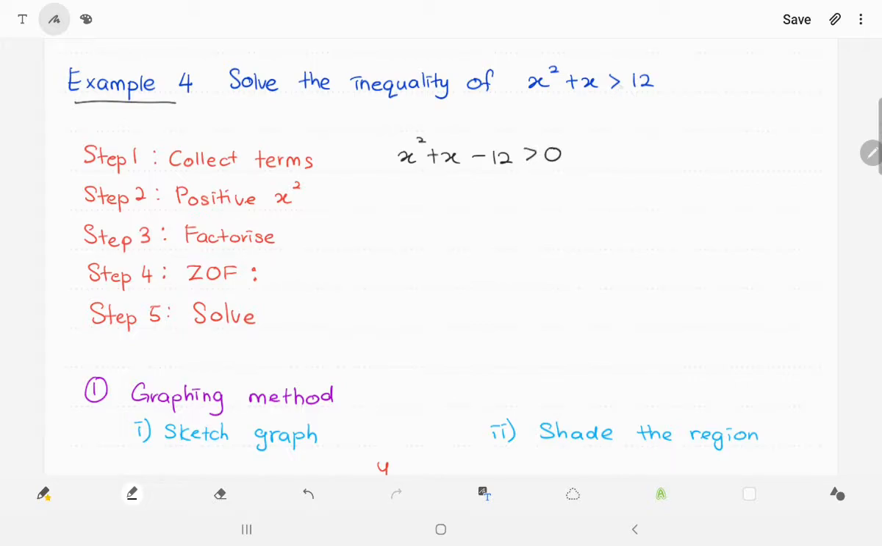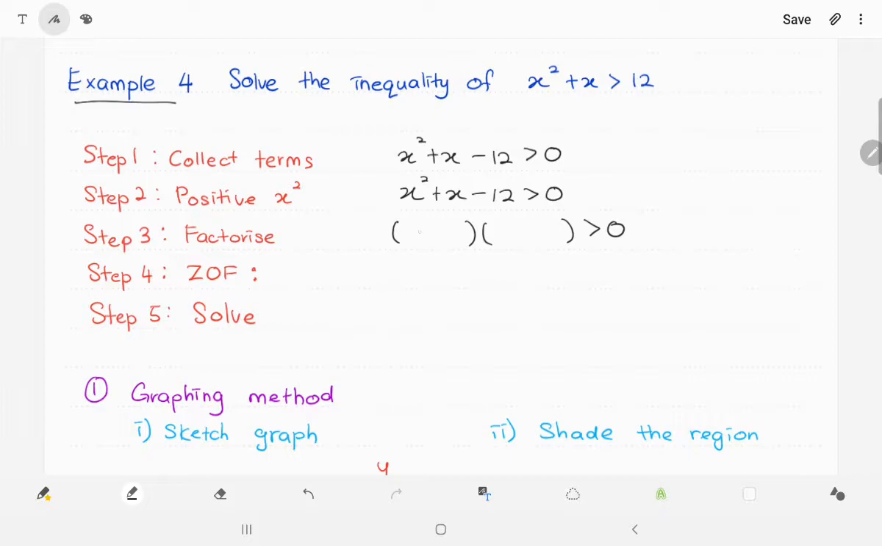Do we have any equal sign? No. So just greater than. And then step 2, positive x squared. It's already positive. So just copy back your equation in your inequality. Then we need to factorize. So put the bracket first, greater than 0. Write the template first,